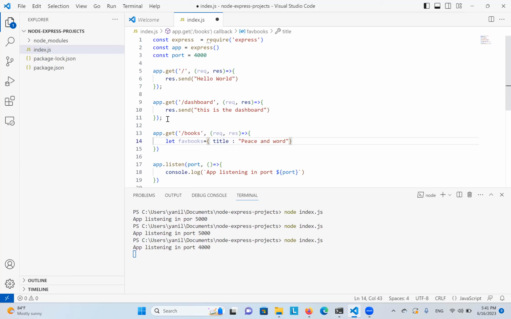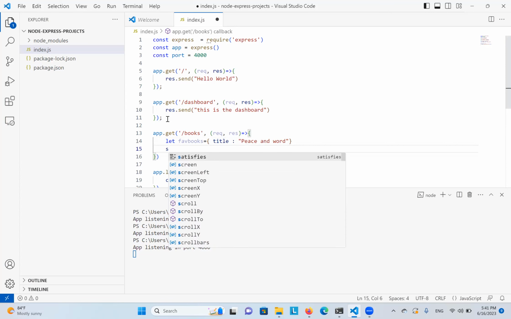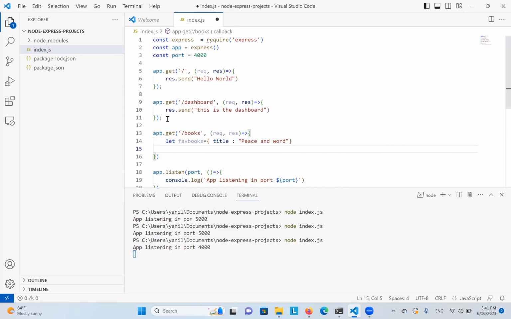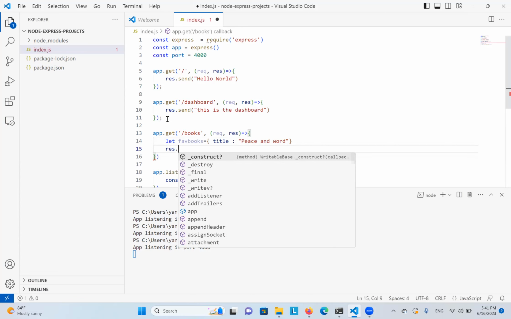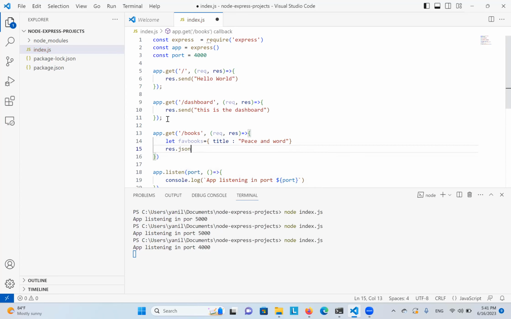Maybe I want to have those books, and let's just have this for now. I don't have anything else to put in there, so I'm going to have it just like this. Then I'm going to have res.json, and then what I'm going to put is fake books. I can put it like this, save. And now when I go to books,